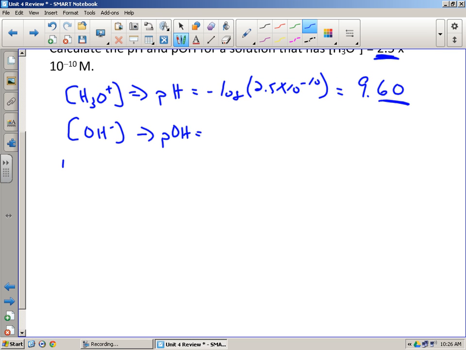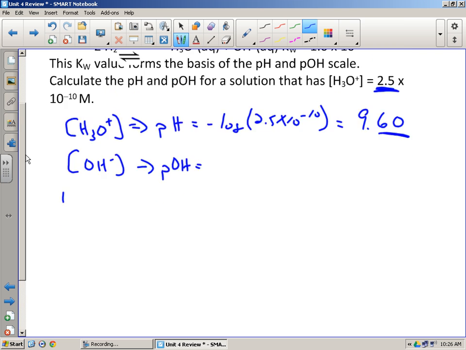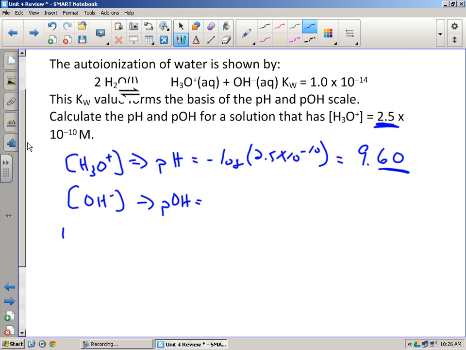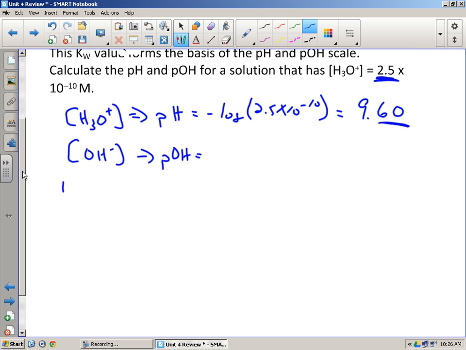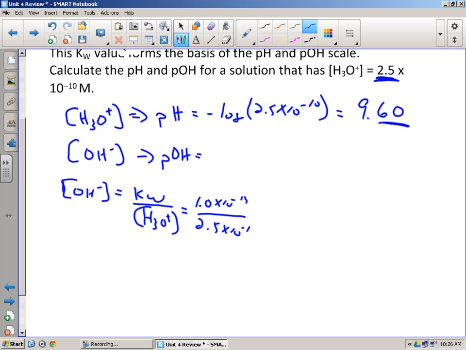If I wanted to find the hydroxide ion concentration, I need to take Kw divided by the H3O plus concentration, yes? So 1 times 10 to the negative 14 over 2.5 times 10 to the negative 10. That would give me the hydroxide ion concentration. I could do negative log of that. So if I did that concentration into here, negative log of that concentration, I'd get 4.40,